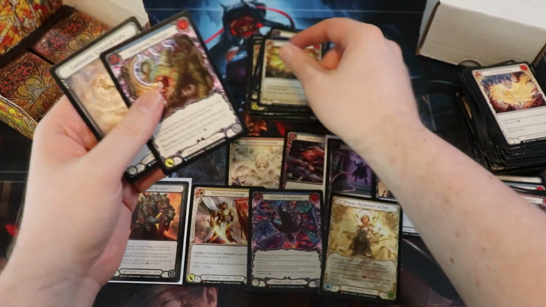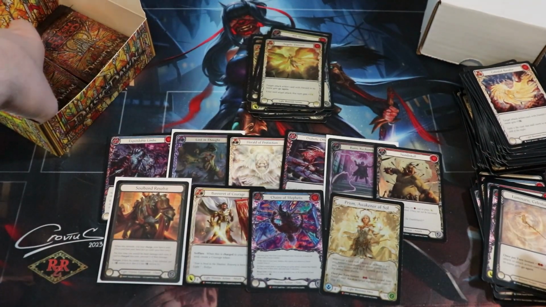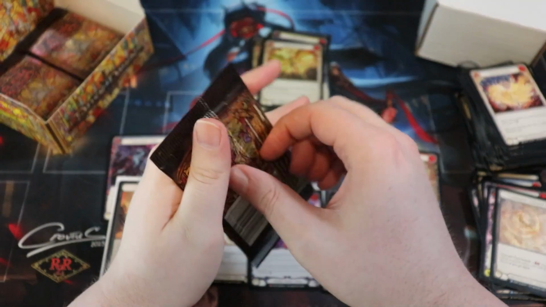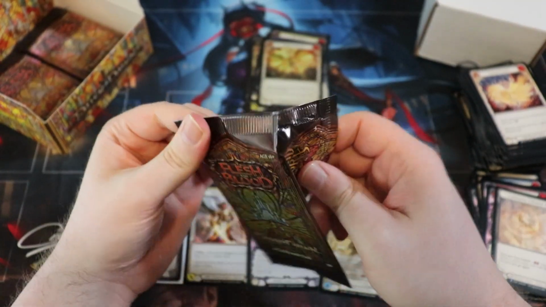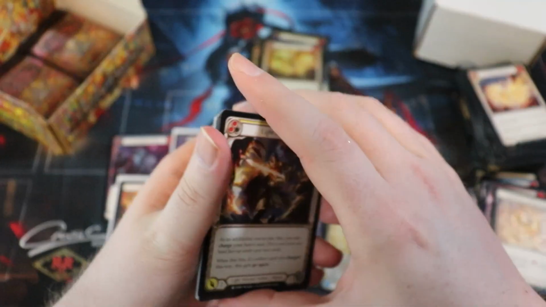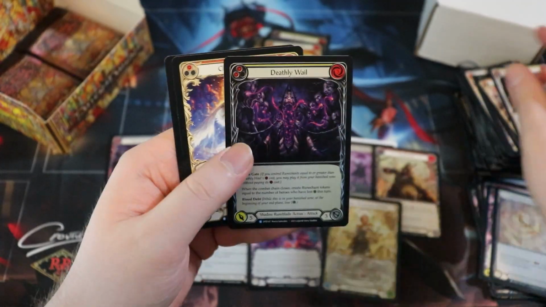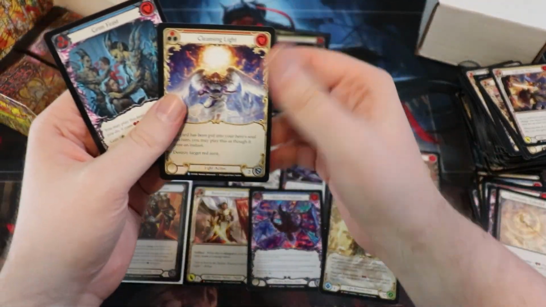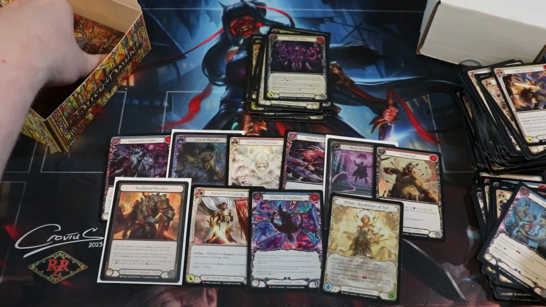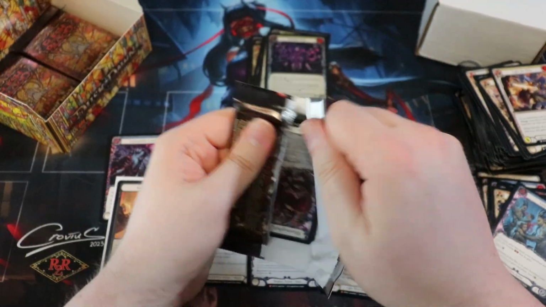Well, we have a Luminaris to go with Prism, right? Though I've seen a lot of people use the new Orb instead of Luminaris. But I think Luminaris could be interesting. I don't know how I feel about that. We have a Deathly Whale. And then some stuff. All right, we got like 4 packs left. I think the box...